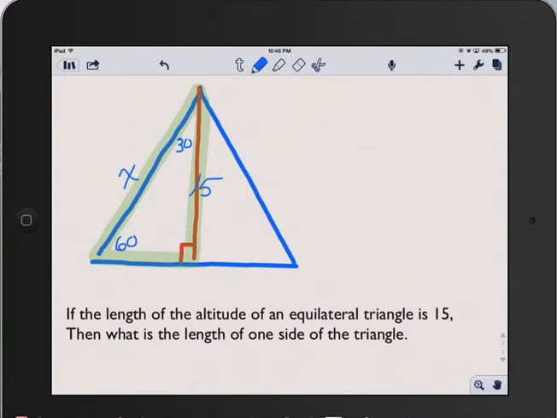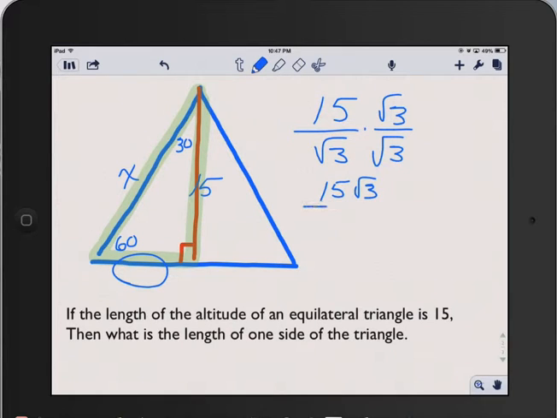So we have a 30-60-90 triangle to look at. The shorter leg, the segment at the bottom in the green triangle, is equal to the longer leg, which is the 15, divided by the square root of 3, because to find the longer leg, you multiply the shorter leg times the square root of 3. So rationalizing that denominator by multiplying by the square root of 3 over the square root of 3, you get 15 times square root of 3 over 3,